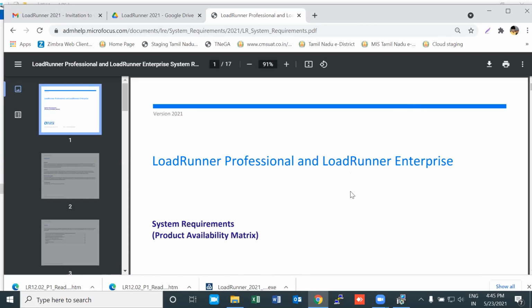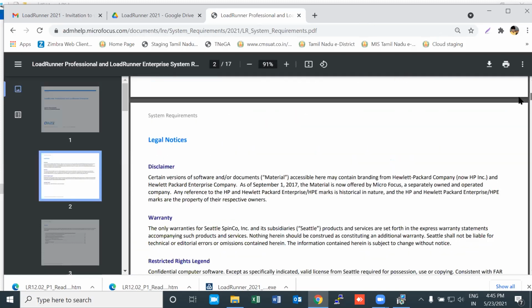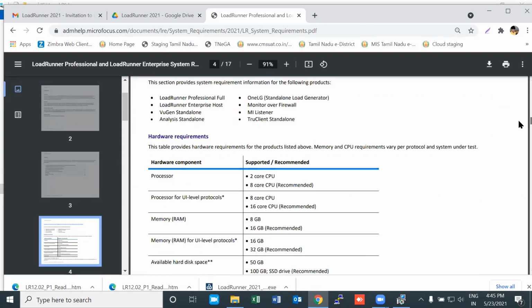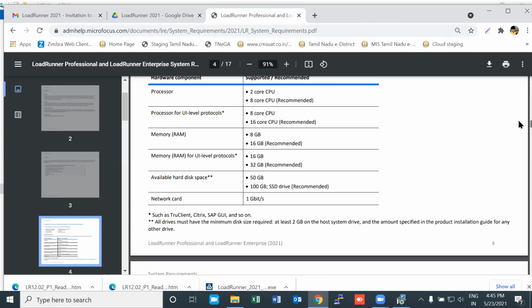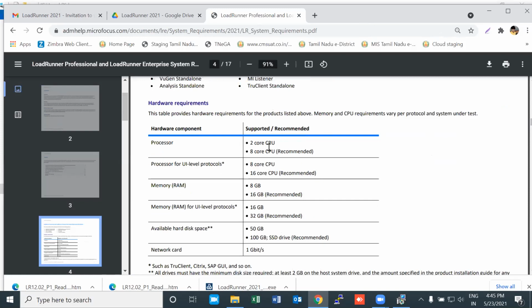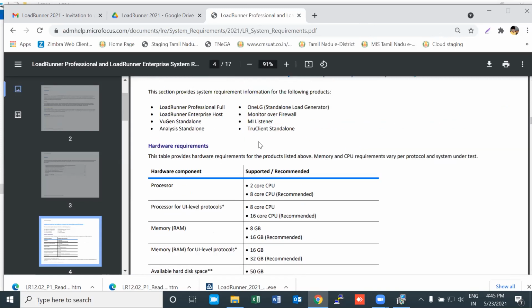Now, if you observe here, this document speaks about the system requirements. Let me show you that. It requires at least a 2-core CPU. However, an 8-core CPU is recommended, right? These are the hardware requirements, guys. Processor for UI level protocol, 16-core CPU is recommended. Memory: 8 GB is minimum, and 16 GB is recommended.